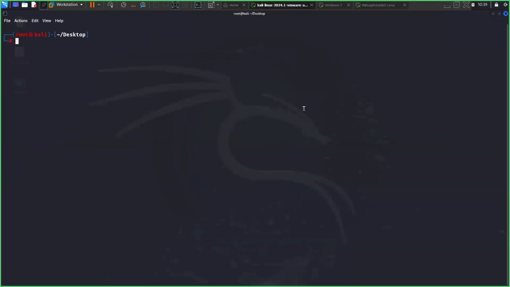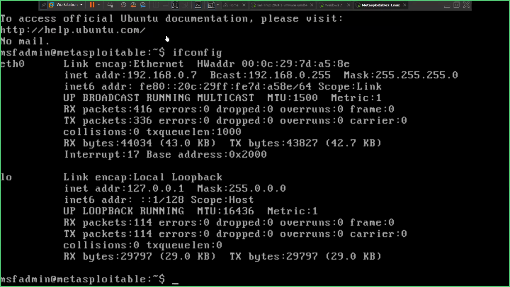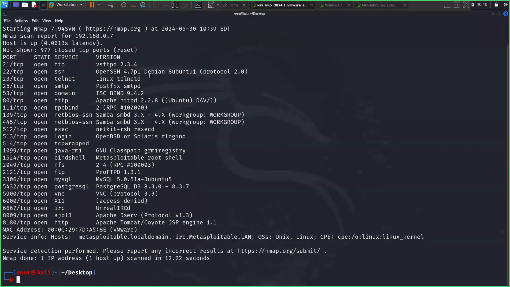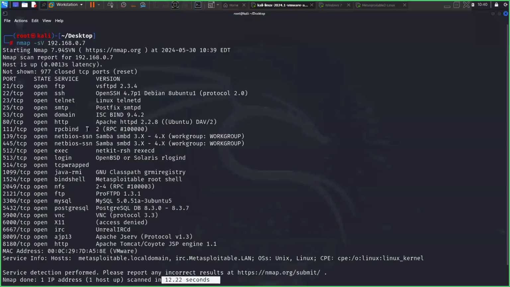Now, if I have to perform my version scan on the Metasploitable IP ending in 0.7, I can come back to my Kali and run the command nmap -sV, capital V for version scan, and the target IP. And now when I hit enter, carefully observe, this gives me version details of every service running. This might take slightly longer to complete, guys, because it needs to get the version details of each and every service. But as you can see, in around 12 seconds or so,